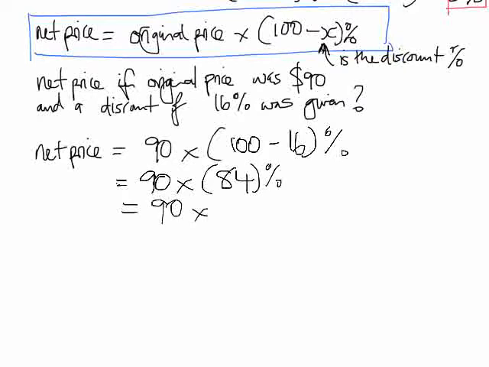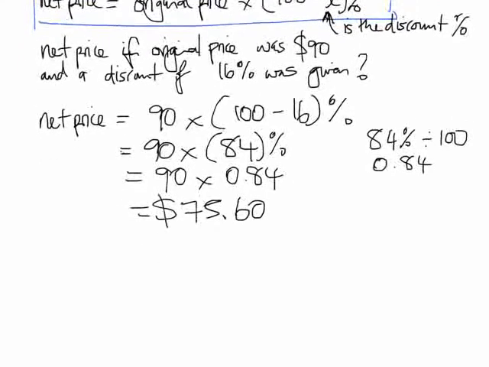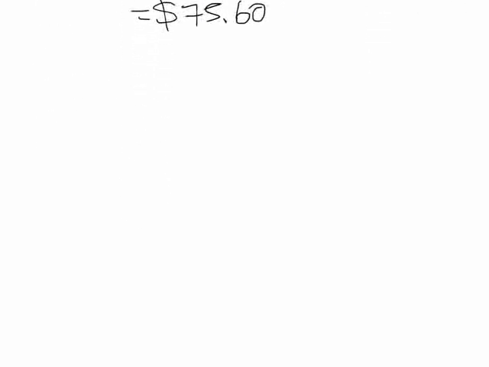90 times by, what is 84 as a decimal? Let's do that off to the side here. 84% divided by 100 is going to be 0.84. So 90 times by 0.84. Let's just check that on a calculator. That's going to be $75.60, a net price for that. So that's one way of using the formula. Let's quickly do another way of using the formula